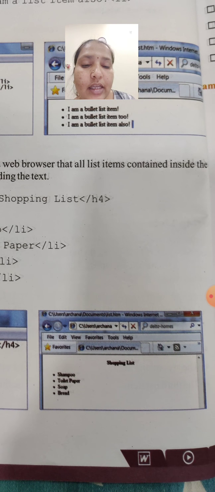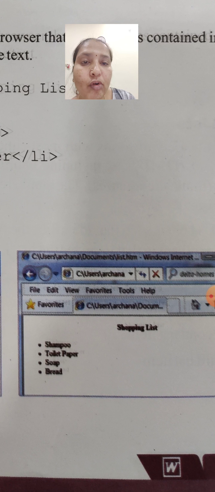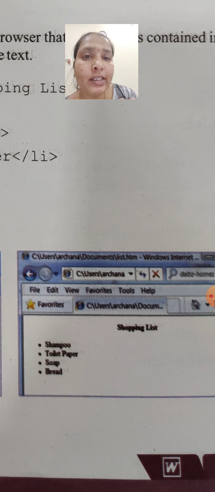Then they are going to open the web page. In the web page they are going to open the notepad file. Once they have opened it, the code that we have written in notepad will be linked into the web page and shown.